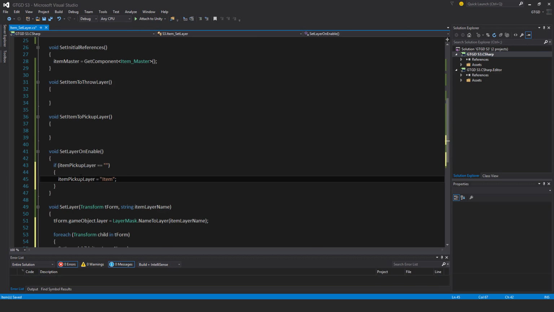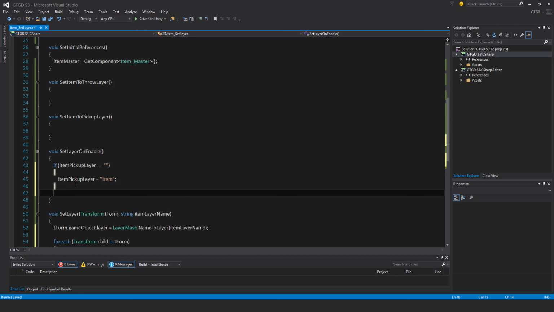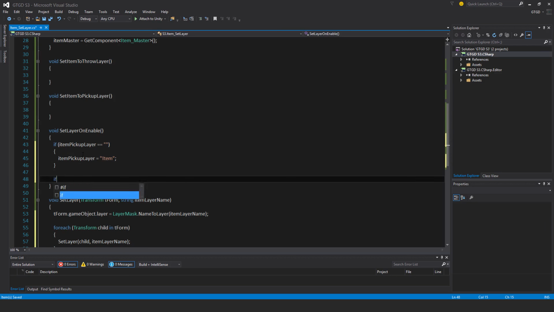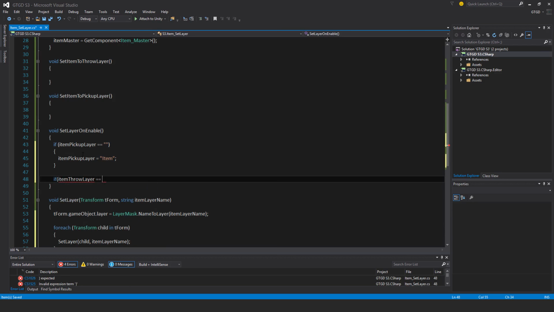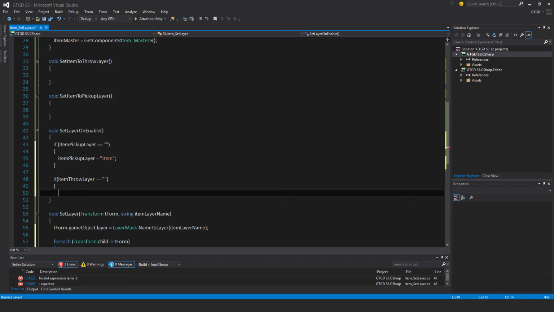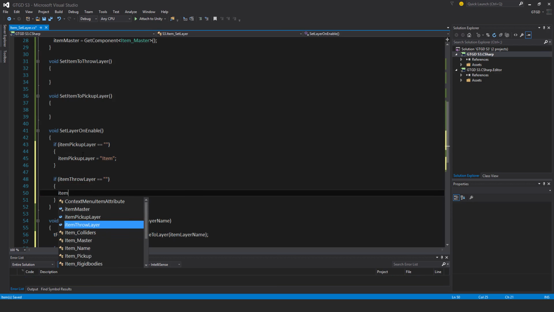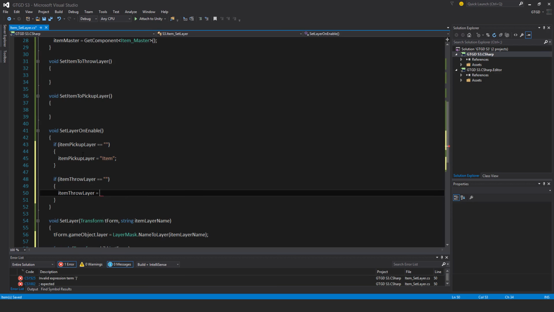Now, something to just note, of course, if you as a developer haven't defined that layer, item, in your editor, you will get an error in Unity when you play the game. And so that's just telling you that you need to define that layer. That's all. Okay, the next one, if item throw layer is empty string, same sort of thing, item throw layer